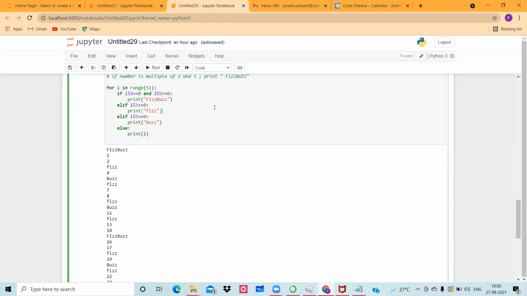Yeah, this is clear. Okay, so using the same logic of if else, we will try to create something called a password validator. We want to create a password validator, and it should have some conditions.